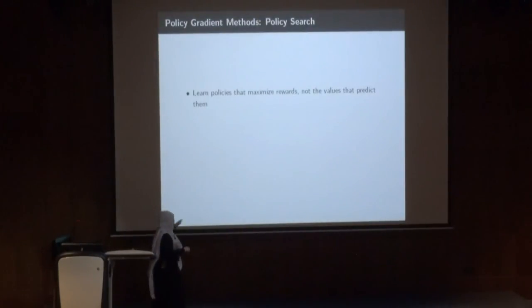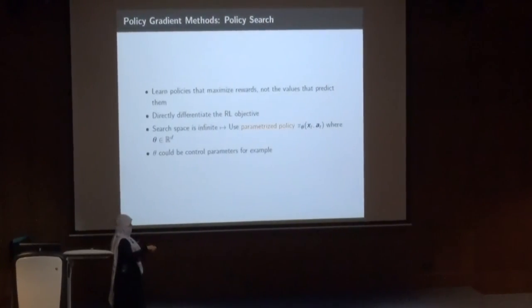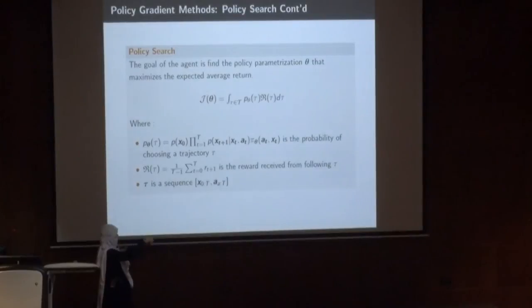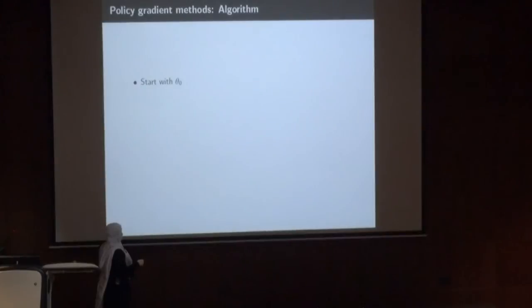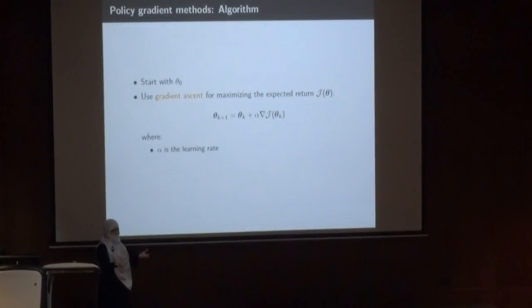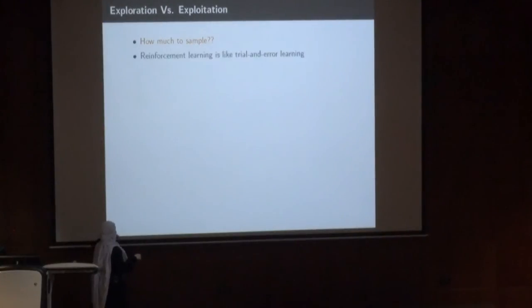Okay. So I included slides for the policy search. Personally, I like policy search methods. I did my thesis using these methods. So basically, we parameterize by a certain vector theta, and here we do the derivation, and we get the policy that maximizes this function. Usually, the algorithm is like the gradient descent or gradient ascent algorithm. We start with a random parameter, and we update it at each step by a certain learning rate times the derivative. This is the REINFORCE algorithm.